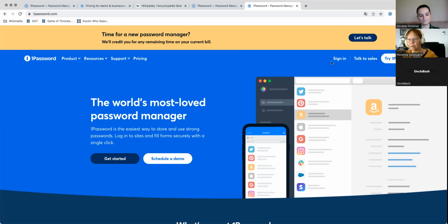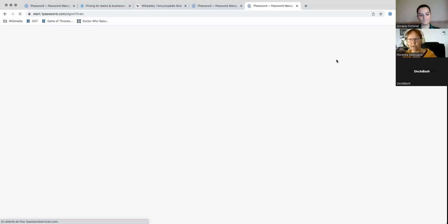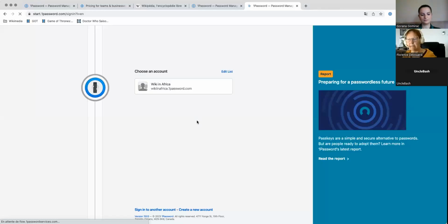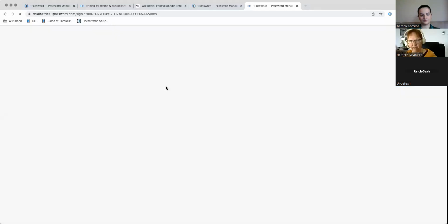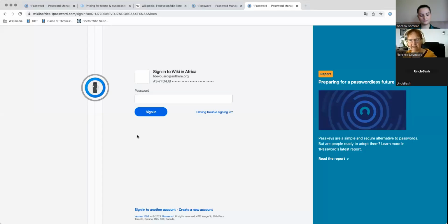So to first connect myself, I have created an account on 1Password. And from this account, I will be able to access my team, my Wiki team. The creation of the account is completely free, whilst the access to a group is paid. So here, as you see, when I try to